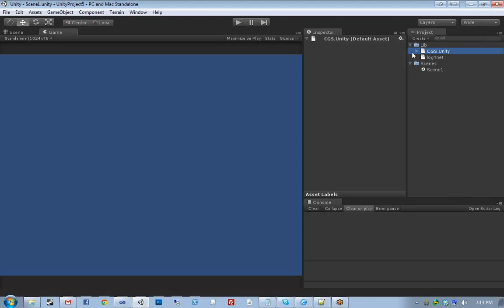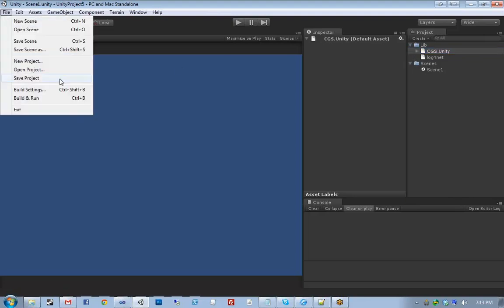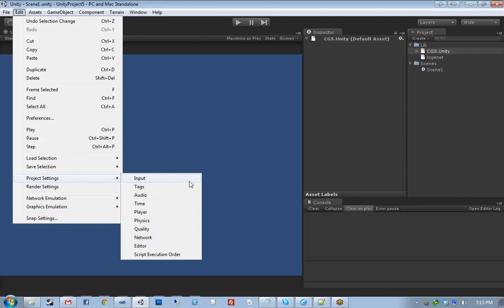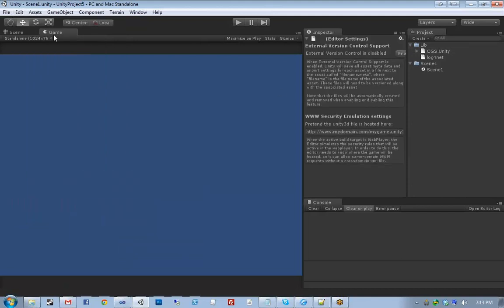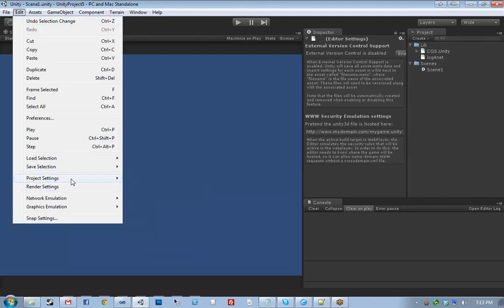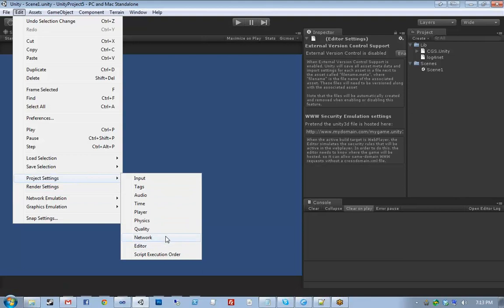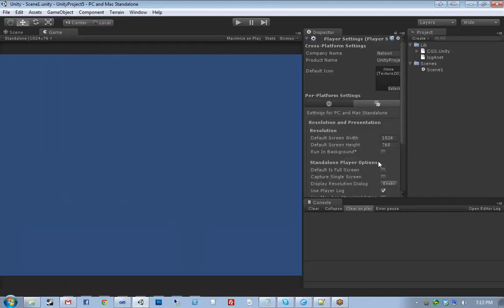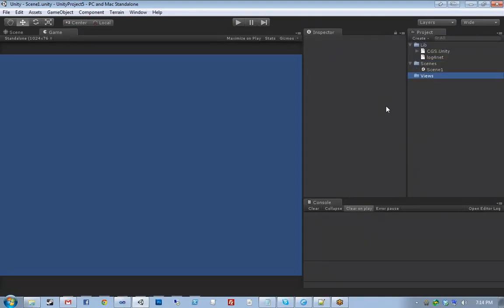Okay. The next thing I'm going to do is go into my project settings, down to our player. I'm going to turn on run in background, and you'll see why that's important in a second. It isn't required for CGS, but it is helpful for CGS development. If for some reason you don't want something to run in background, you can still uncheck this before you do a build. Mm-hmm. Next thing I'm going to do, I'm going to create a views folder,